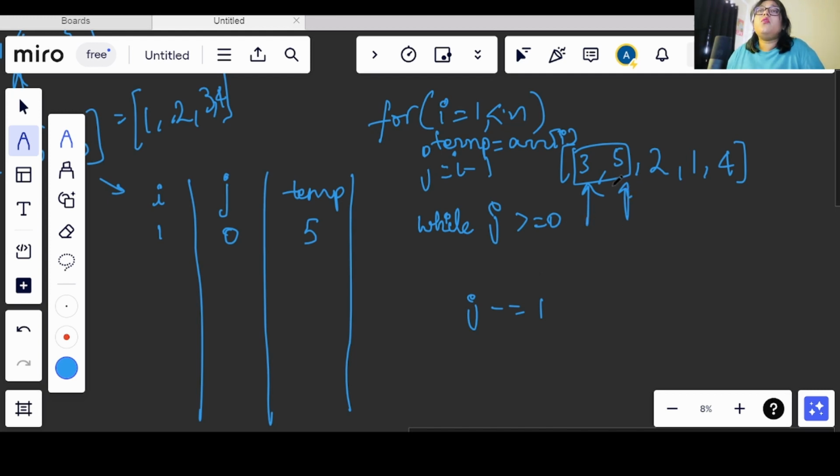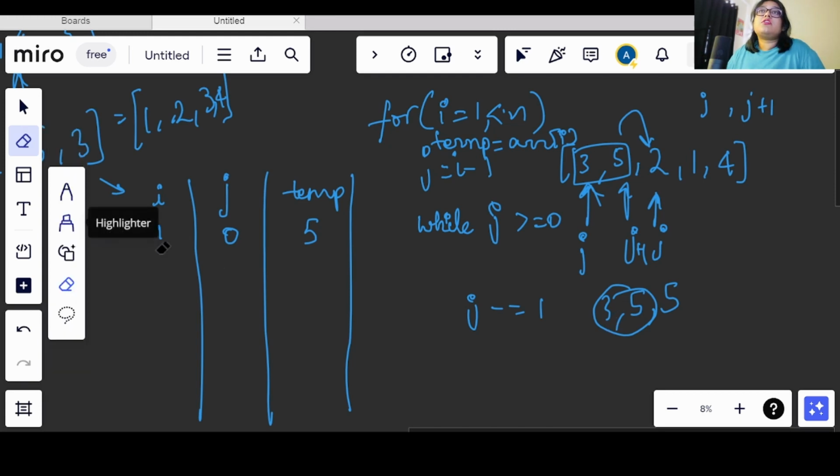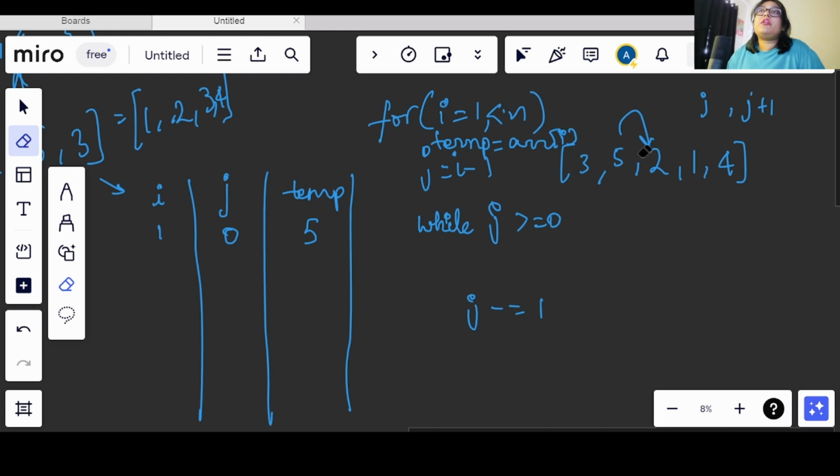So now if we are comparing the j values, let's say I am comparing j and j plus 1, now if I am comparing both, it is fine. Now let's say we have this value also included. Now this will be j and this is j plus 1, these both will get swapped, fine. This 5 will get inserted here, fine. So we will have 5 3 5 5, right? Now our j will come here, right, values getting reduced, and this will become j plus 1. Now if we are comparing both, it is already sorted, so it will not work that way, right? So the main reason we brought the temporary variable into the picture was to avoid this problem.